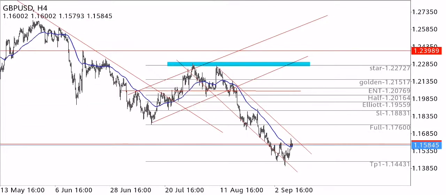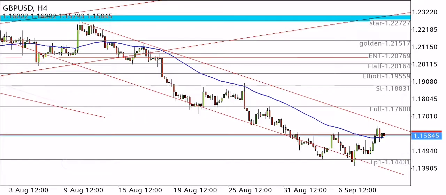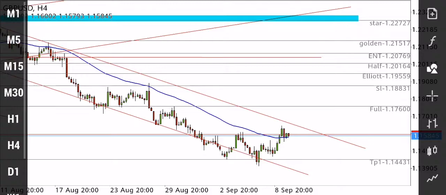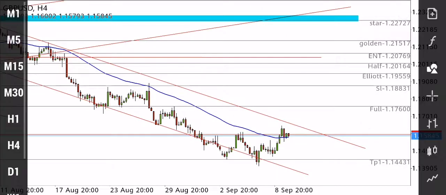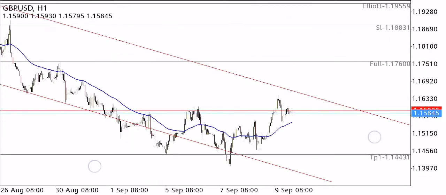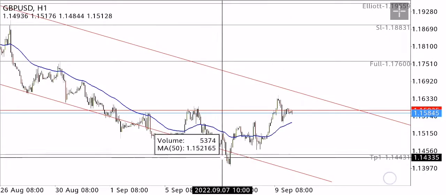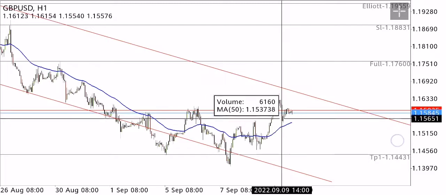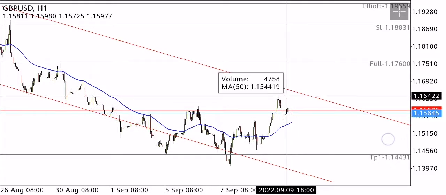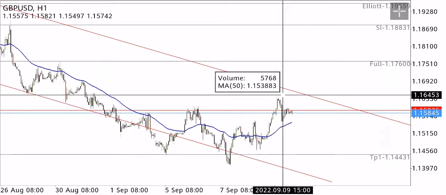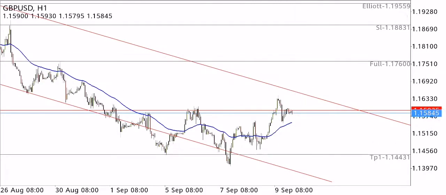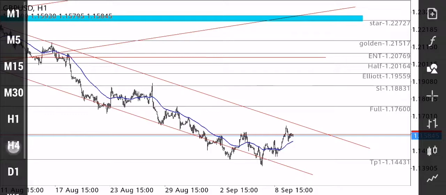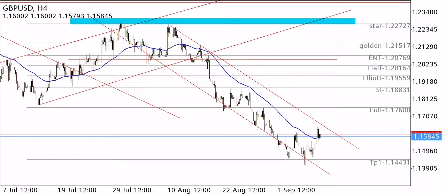As all of you guys noticed, on Friday we discussed that the GBPUSD is bullish because it makes the minor head and shoulder pattern in the H1 time frame yesterday on Friday. So we discussed that our first target is 1.1650 and the next target is 1.17600. So until the market is holding above the